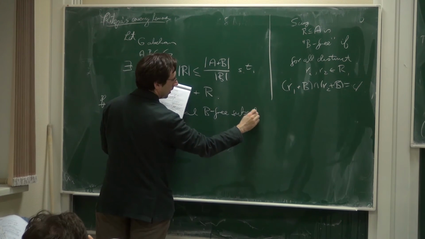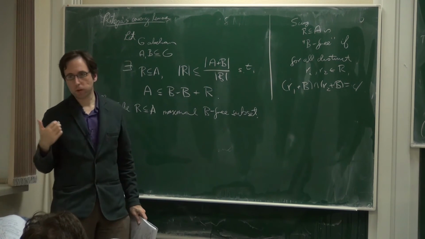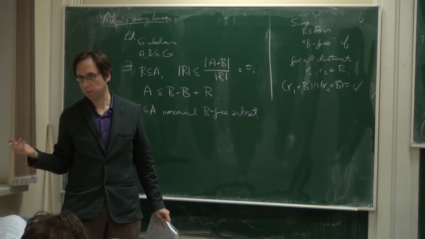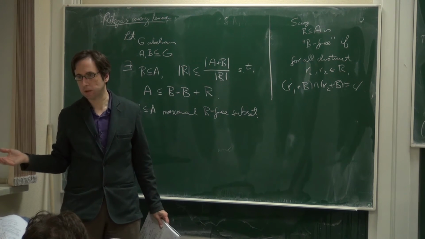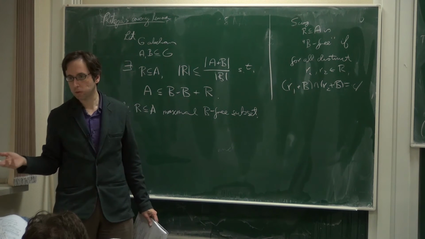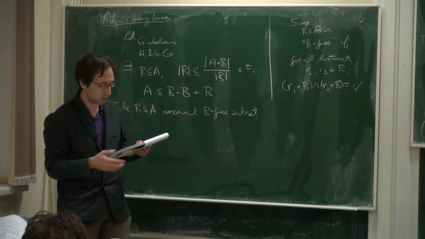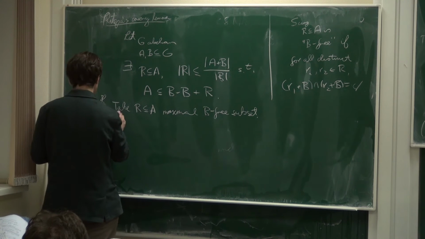Just to be clear, in English we say maximum when it's unique, which it may not be. Maximal may not be unique, but there's always at least one maximal set with a given property. It just means that you cannot add anything to it. So then,